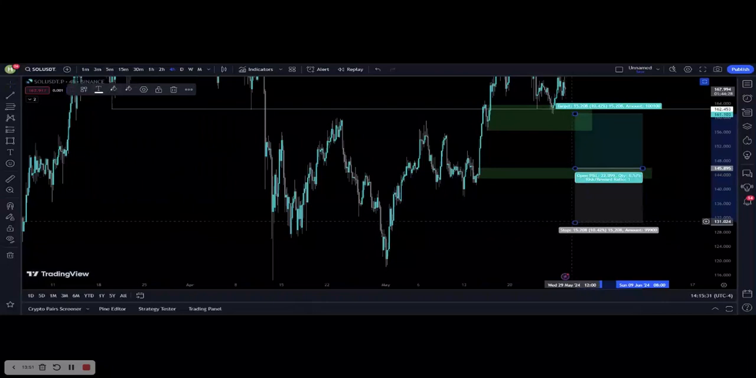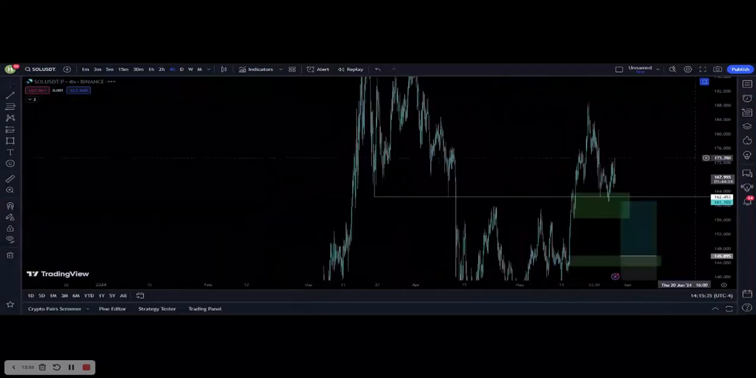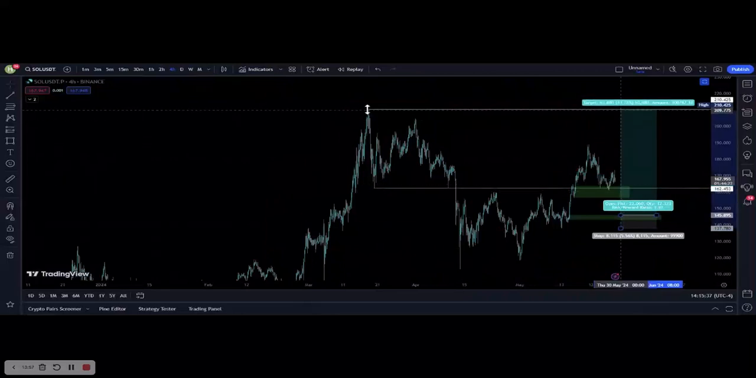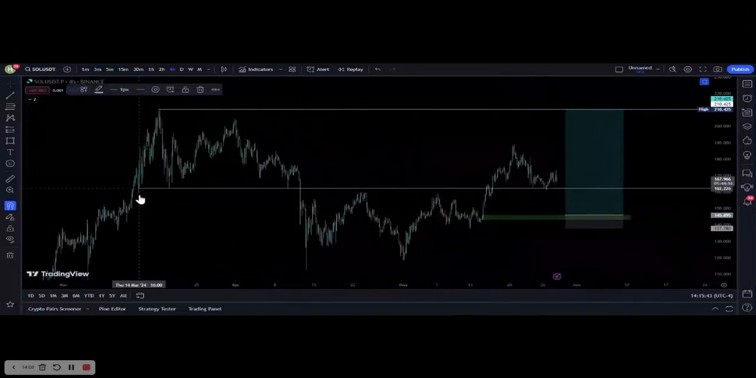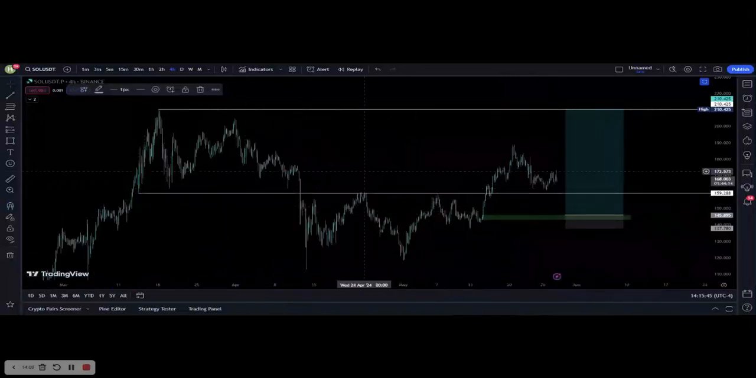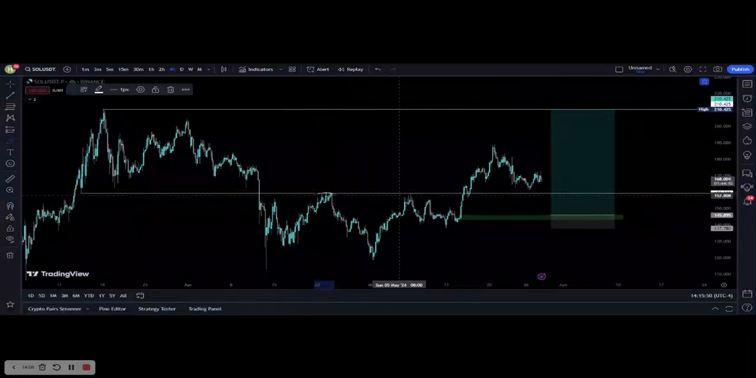Let me adjust the colors. Right, stops at this low, 137.78, and TP at the range high, right? Something like this. Now, by the time, the range low might become like this because we have these rejections here,